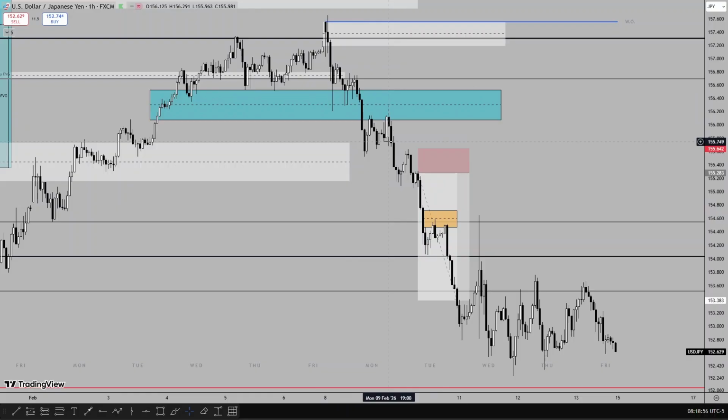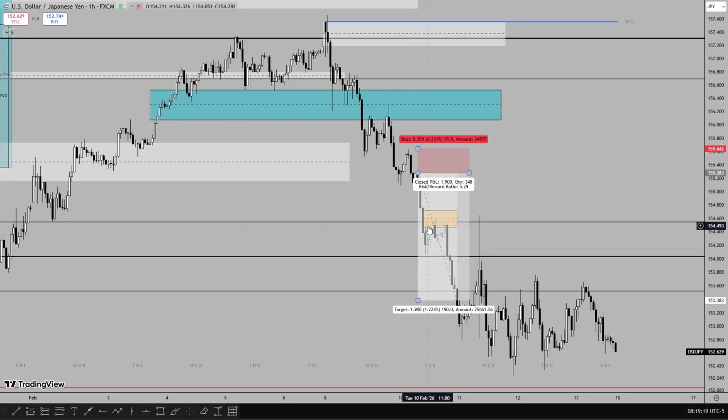Now I told you guys it does happen on my own personal trade plan, but you can choose to use the fair value gap as an entry. You should have taken advantage of the setup from the first entry, where you can see there's a fair value gap that the 1 hour retraced to before trading lower. But I like to wait for those premium prices before actually taking a sell.